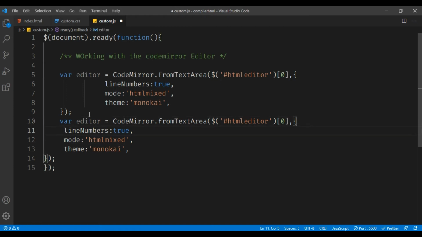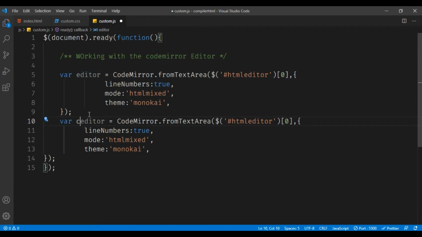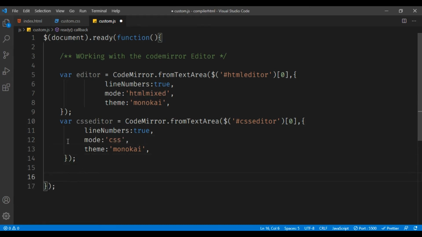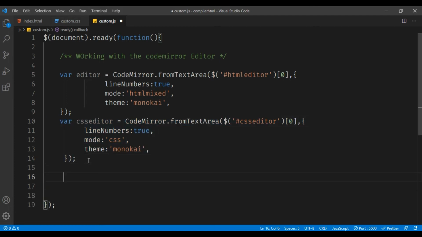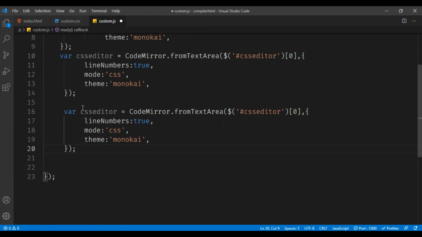So the next thing is the CSS editor, and there's an ID of css editor and CSS. Another thing is the JavaScript editor.